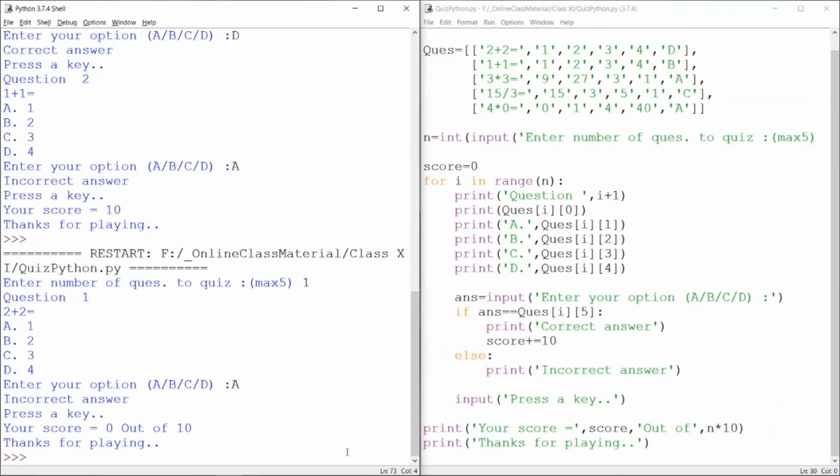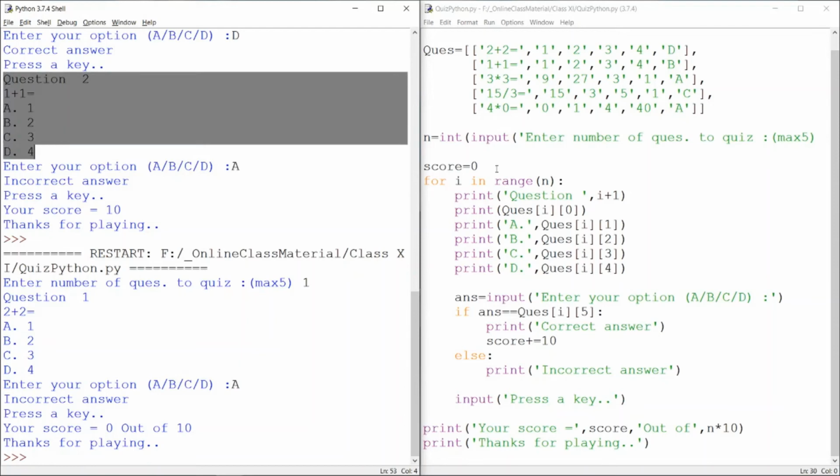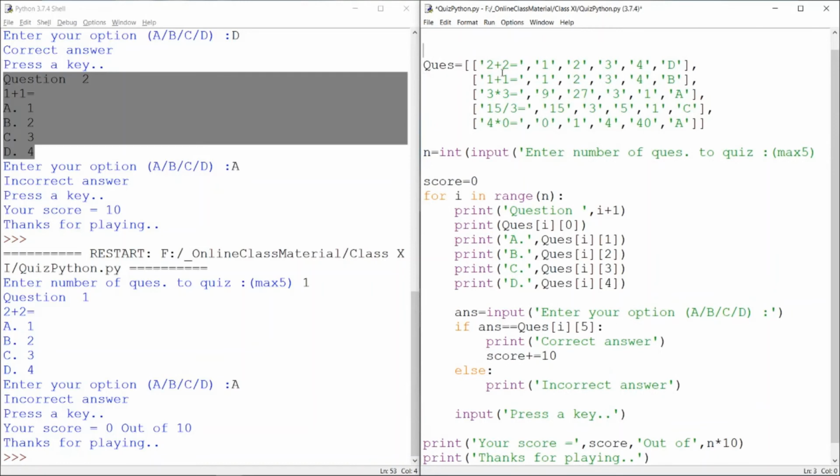Fine. Now, one point, if you have observed that every time we are running this quiz, the same question is coming. Same question is coming every time in the same order, because it will be taken in that order. So here the actual quiz comes up where we can have the use of the random module library of Python, which is import random, so that randomly the question comes up. In every online quiz and online exam, randomly some questions come up.